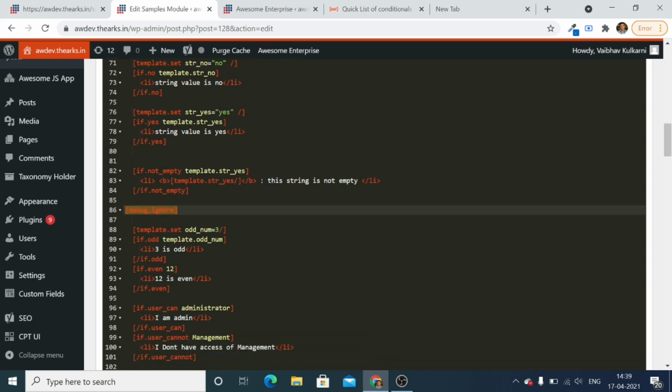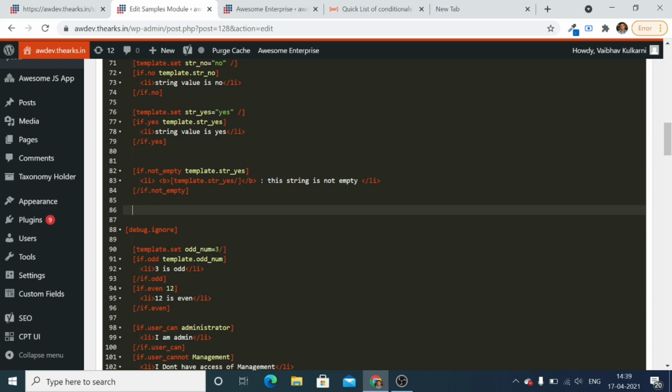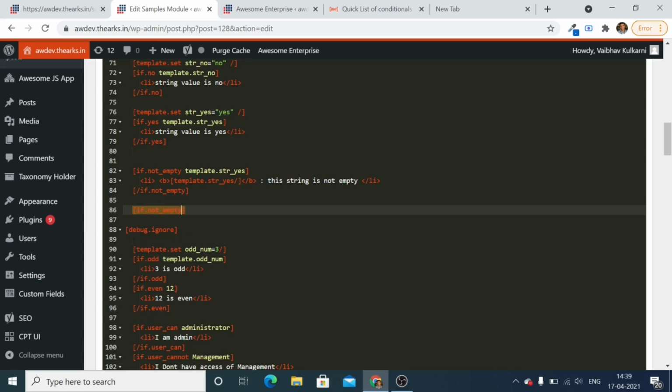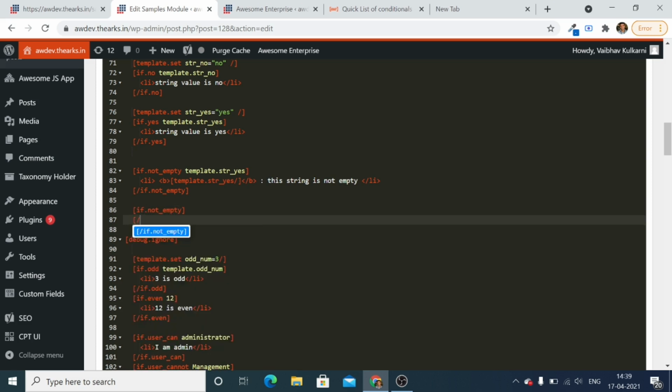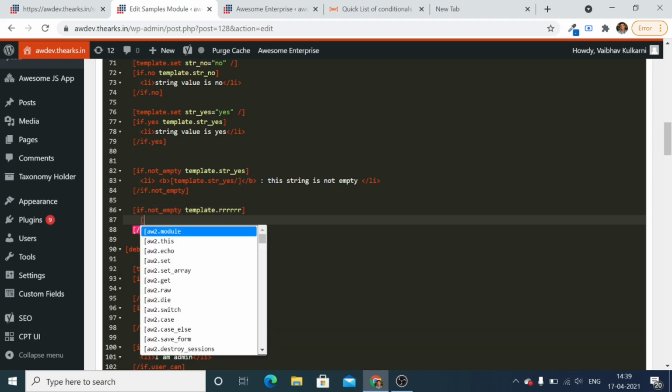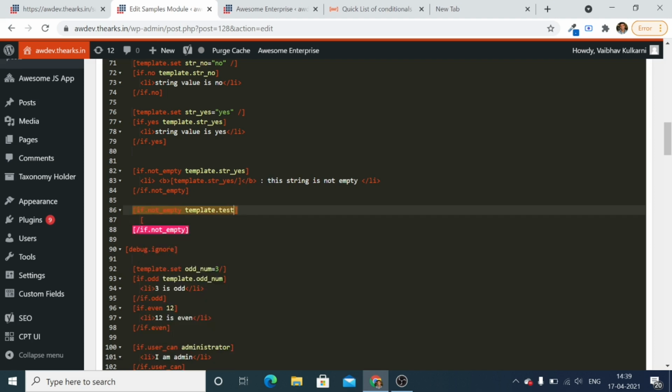Now let's check the empty as well. Not empty. If dot not empty, so template dot rrr, this is the variable that we are taking, or we can create the test.